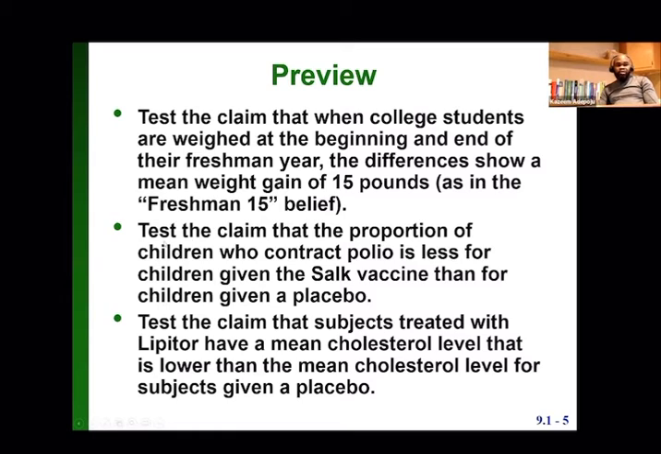Now take a look at another example right here, where we may want to test the claim that the proportion of children who contract polio is less for children given the Salk vaccine than for children given a placebo. In fact, what is happening now in the world,